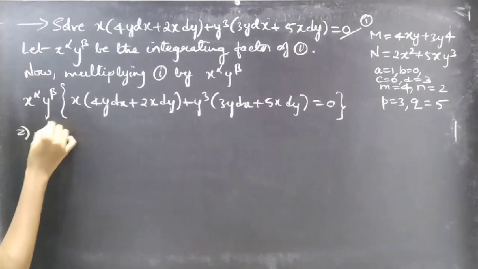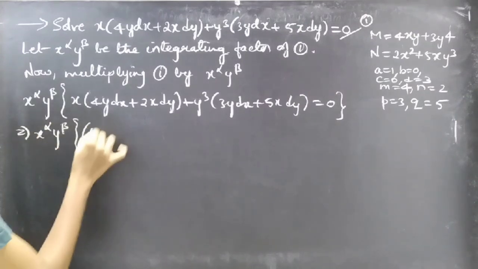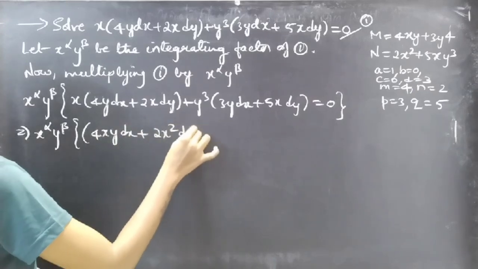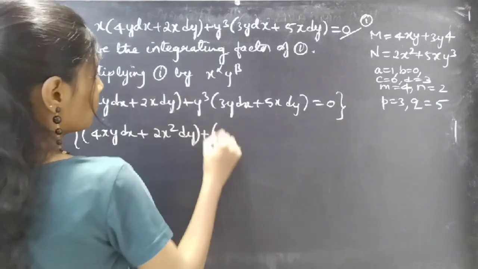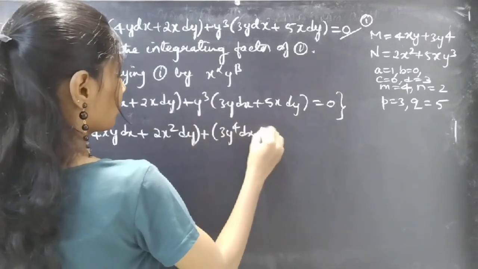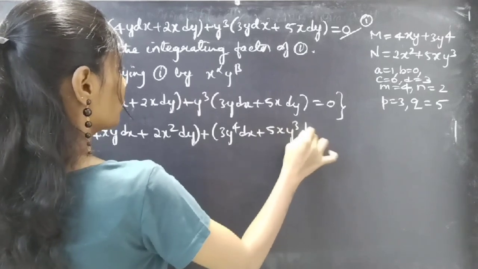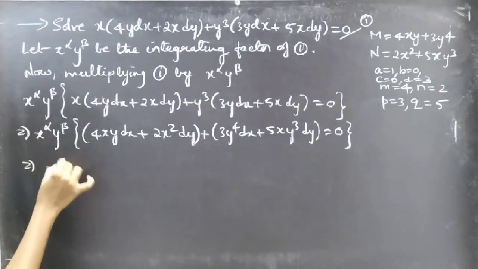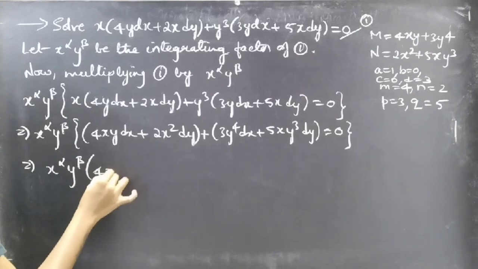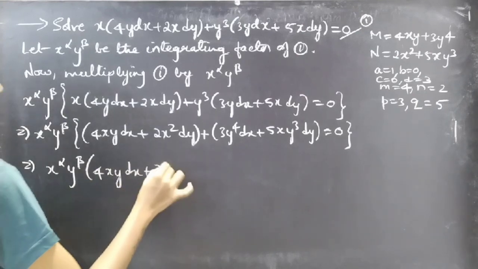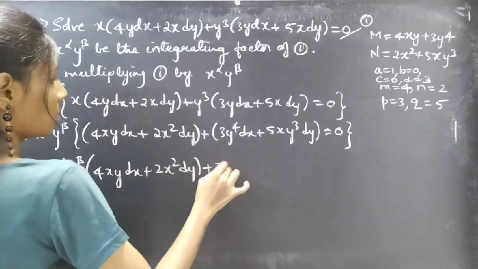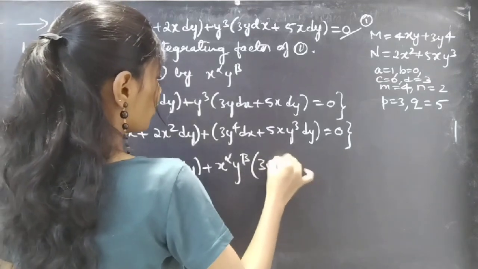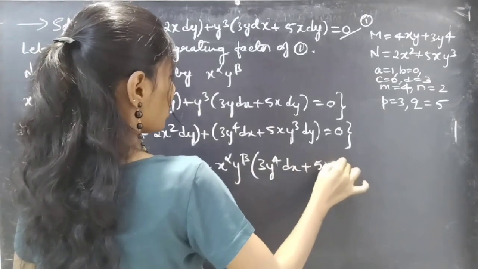Or we can write this as x^α y^β into (4xy dx + 2x² dy) + (3y⁴ dx + 5xy³ dy) equal to 0, or x^α y^β into (4xy dx + 2x² dy) plus x^α y^β into (3y⁴ dx + 5xy³ dy)